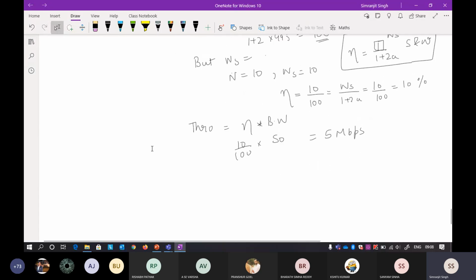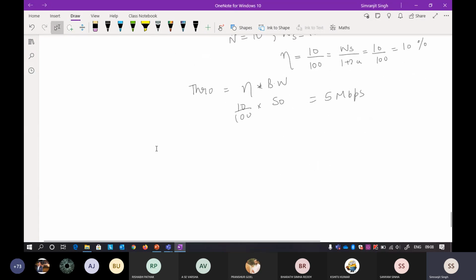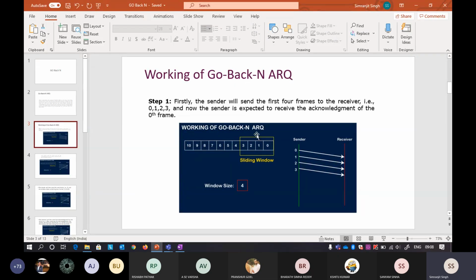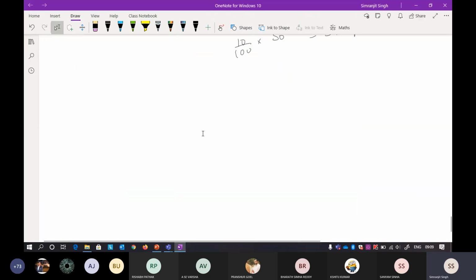Now I'll give you an example to make it easy to understand how the go back N protocol actually works. It is already explained in this particular example as well, so I'll use this example. Because everything is already given here, it will be a little difficult for you to see all the terms. So I'll draw it so that you can easily understand one by one what I mean by this example. I'm taking the same example.